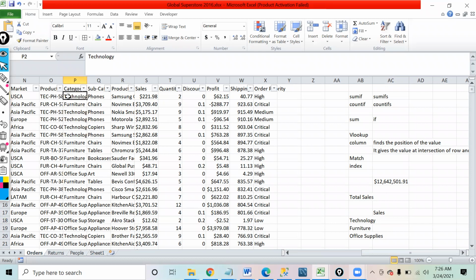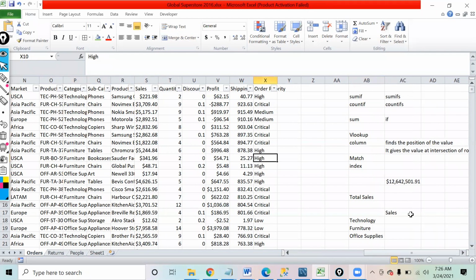But now when I want to find the sale of technology, how will I sum the numbers? I will say, okay, over here I have technology, the sale is this, so I will pick this up. Over here it's furniture, I will ignore it. In these areas I have technology, so I will pick these sales and add them up together. So I am checking wherever the category is technology, then I'm adding the numbers. Then I'm checking wherever the category is furniture, then I'm adding the numbers. That is how we are summing up the numbers here.